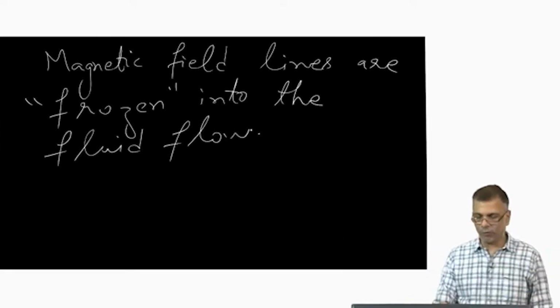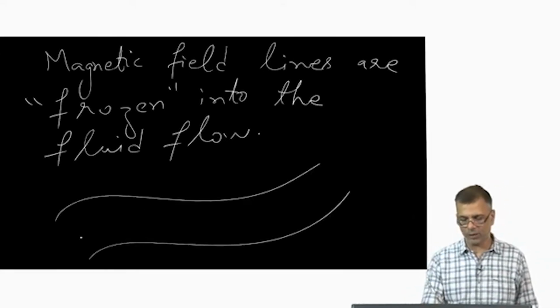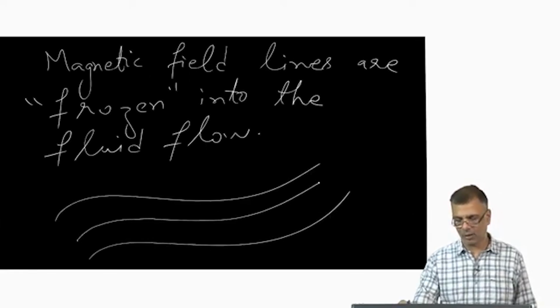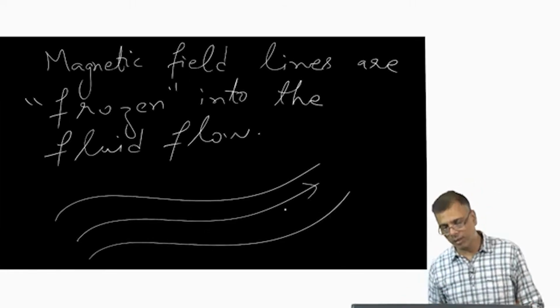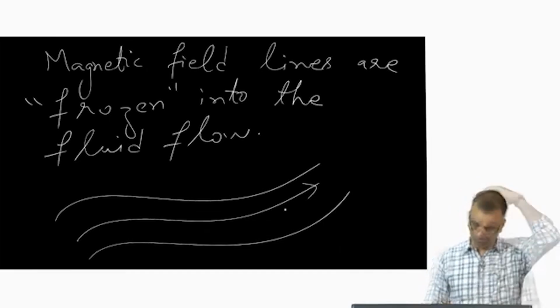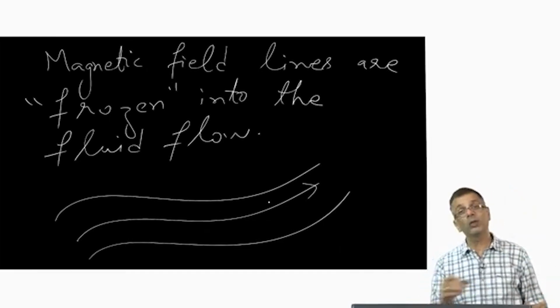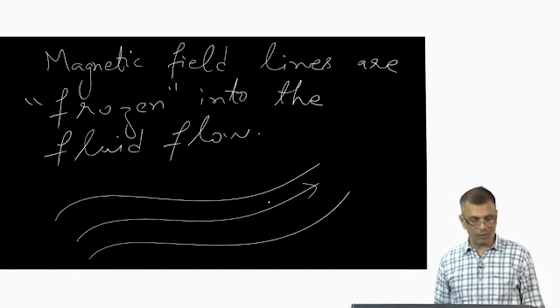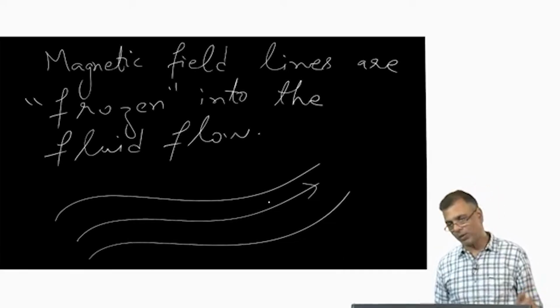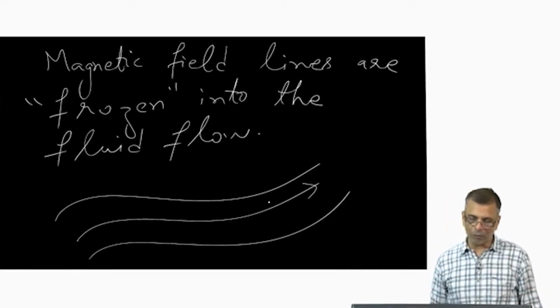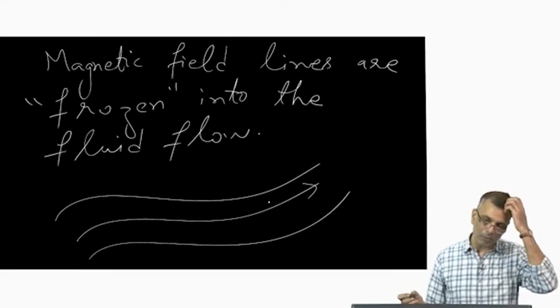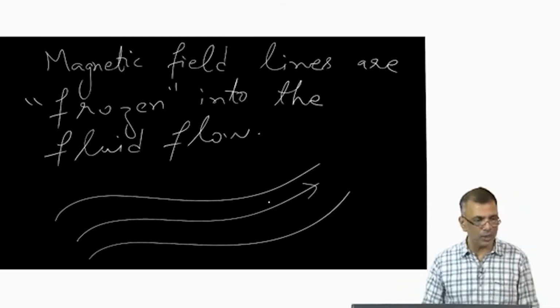Which essentially means that if you have a streamline of fluids like this, that would be the fluid streamline, the magnetic fields also would look like that. It would coincide with the streamline. So this is one way of looking at it. The other way of looking at it is that the magnetic field lines are frozen in, but more properly though,